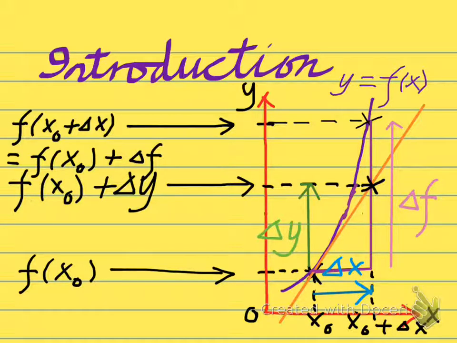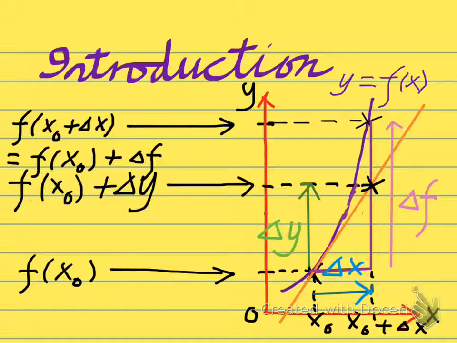The middle is the value of f at x0 plus delta y. And finally, the bottom is given by the value of f at x0. Here, delta f indicates the increment in f from the value f at x0 to the value f at x0 plus delta x. Delta y indicates the rise of the tangent line from the point where x equals x0,